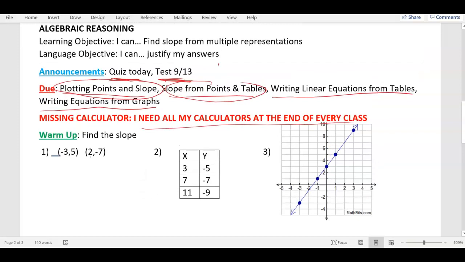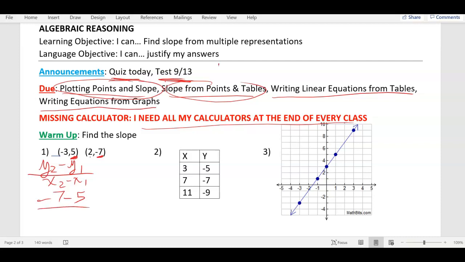Warm up. So let's find the slope. Do y'all remember this formula? y2 minus y1 over x2 minus x1. So the change in y over the change in x is when you literally subtract them and you subtract them. Now, let's do it for number 1 because you're going to have to do it twice today on the quiz. Y2 minus y1, what should I write? Okay, so -7 is my y2, 5 is my y1. So -7 minus 5